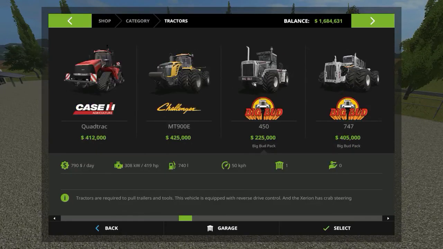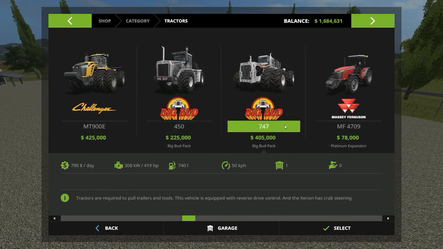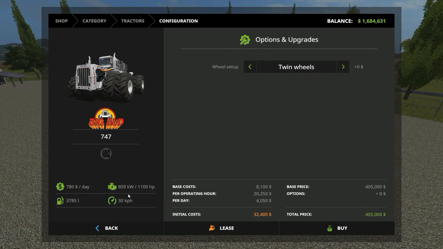Big bud, you see, here's the big buds. It's the 450, the 747. Now I just want to look at this. This has got 800 kilowatts. Now obviously this thing will fly past triple wheels. Yes, okay, this thing will fly past our